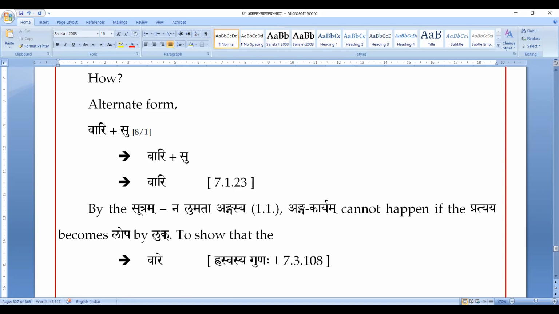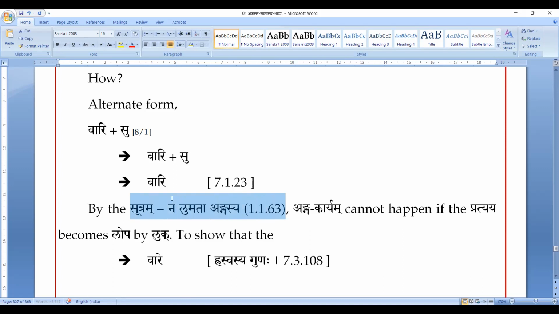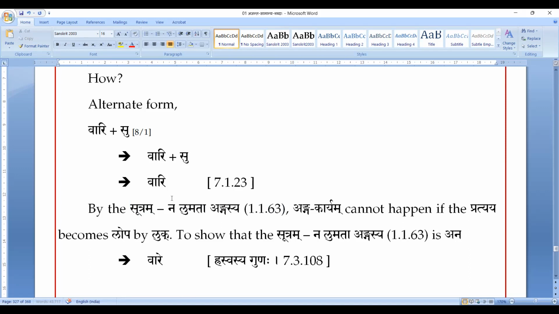1160 is Pratyaya Lope Pratyaya Lakshanam. Na lumata angasya is 63. 1163. To show that Na lumata angasya sutram, to show that the sutram is anityam, meaning